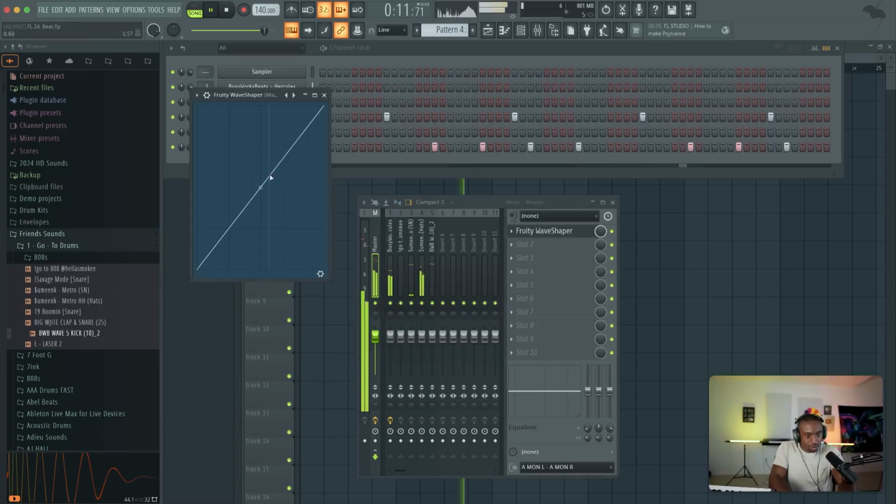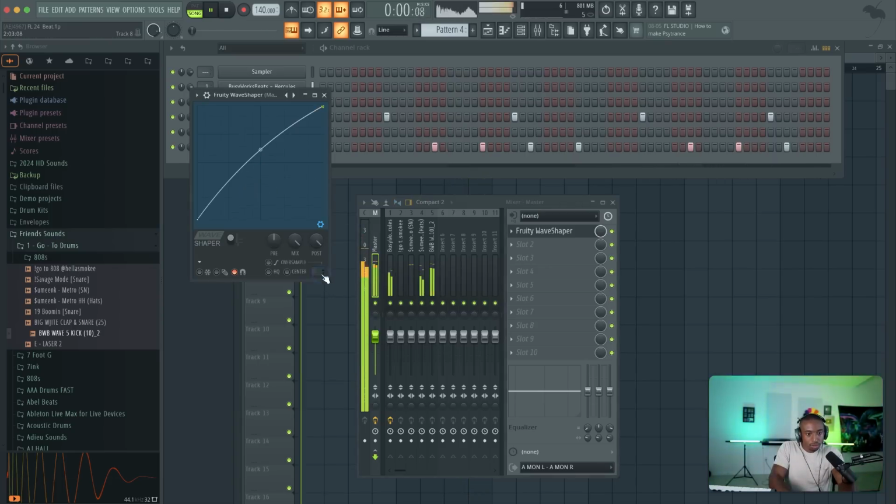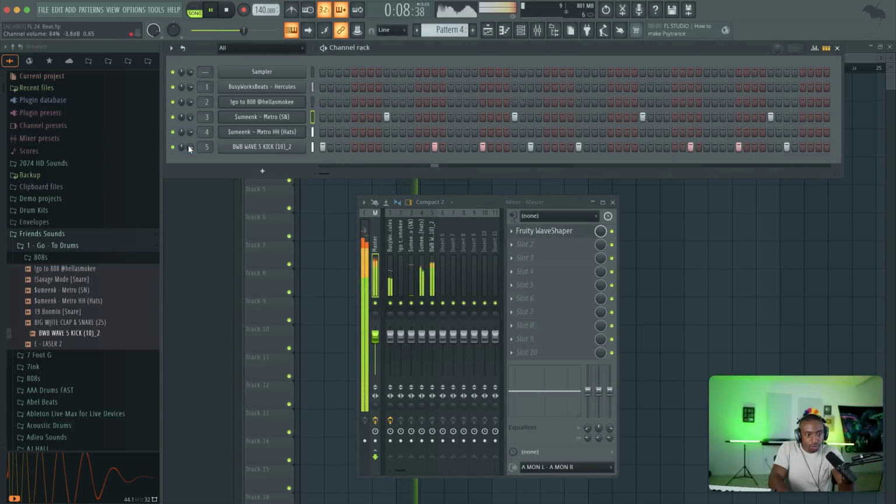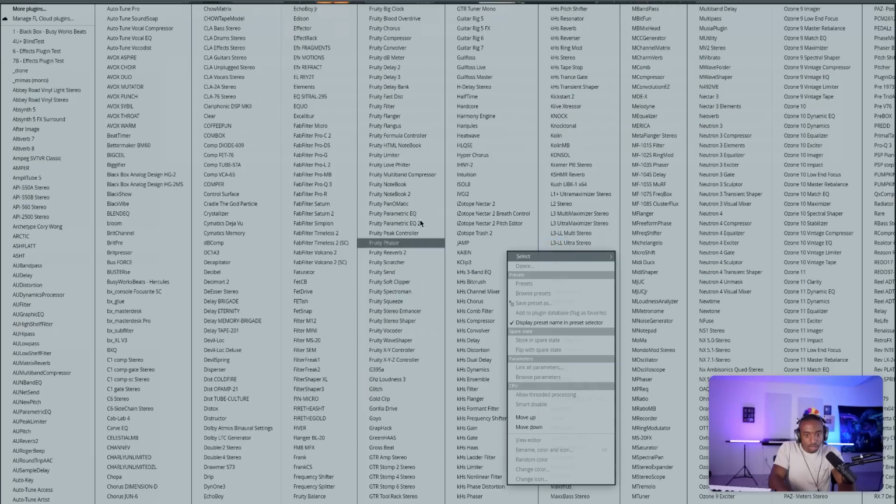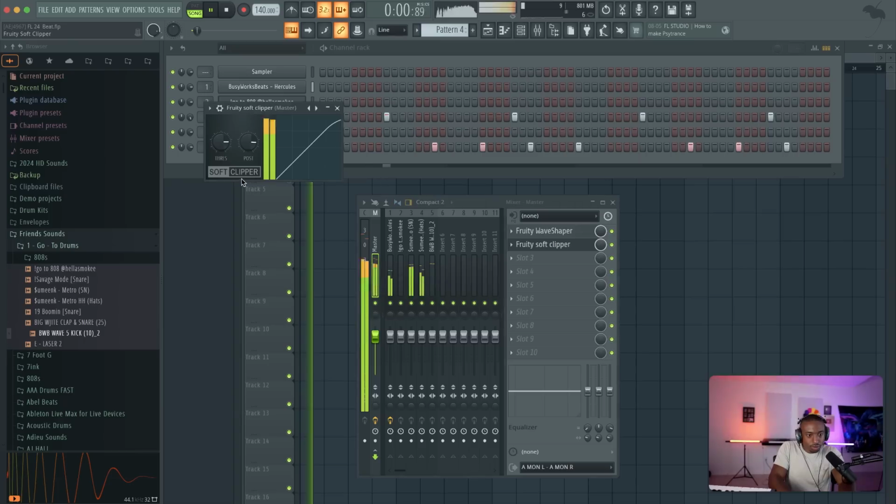Let's add some Fruity Wave Shaper. Good old classic Wave Shaper. Let's add that Fruity Soft Clipper. Turn it on hard clip.